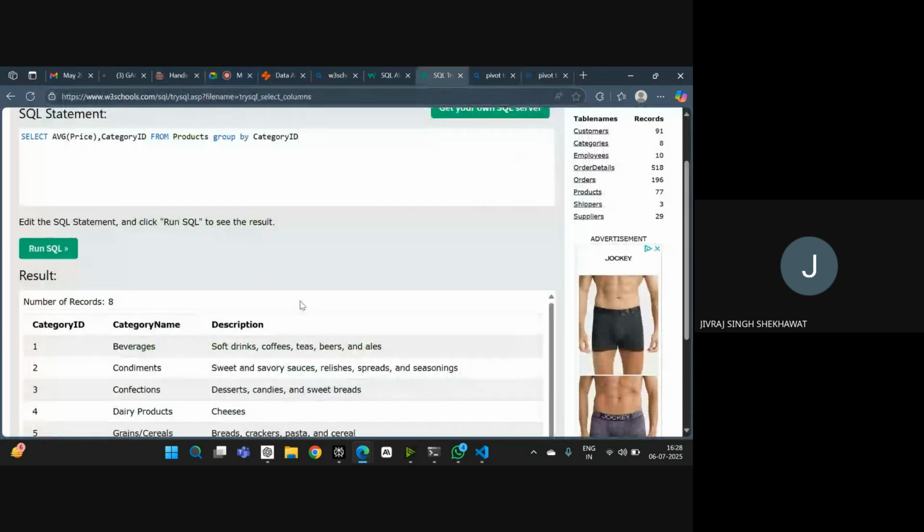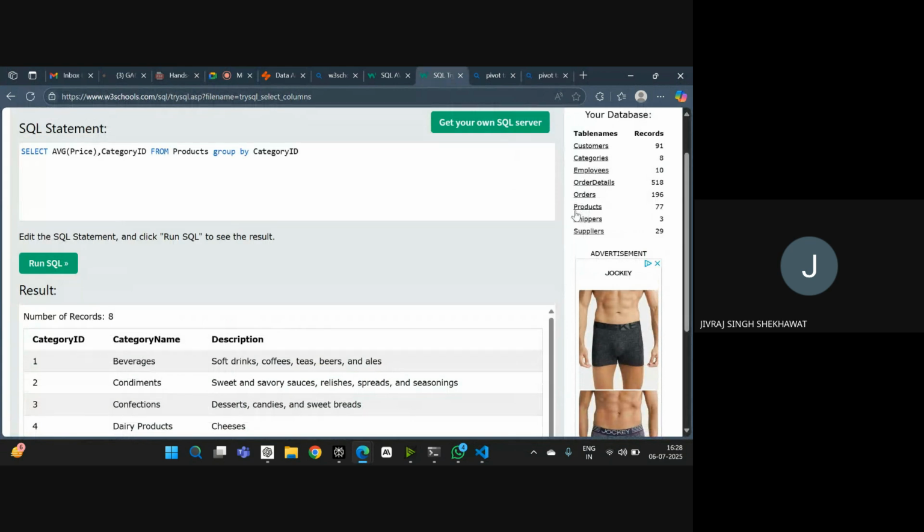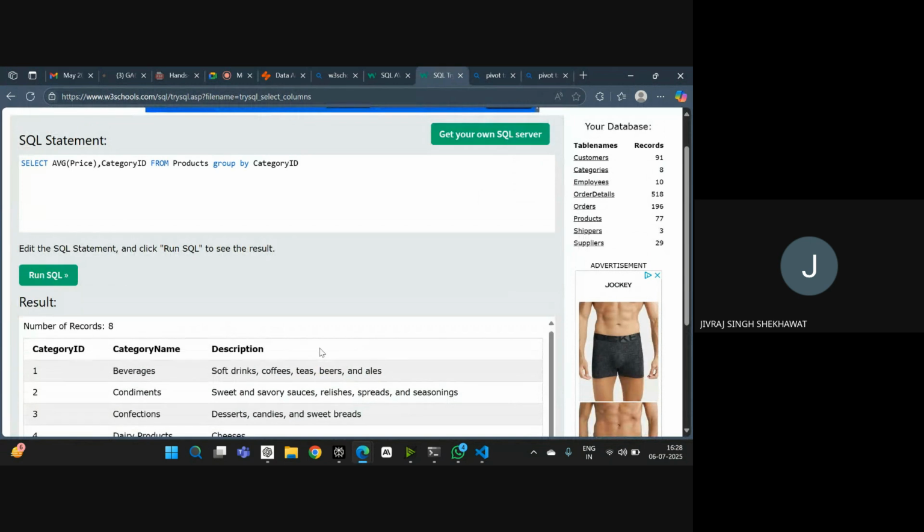If I use join, what I can do is join this category table with the products table. And once I do the join, instead of category ID, I can get category name. And that will be coming from which table? It will be coming from, I guess, the categories table. And now I want to do the inner join or some join. Let me do inner join itself. And that is on